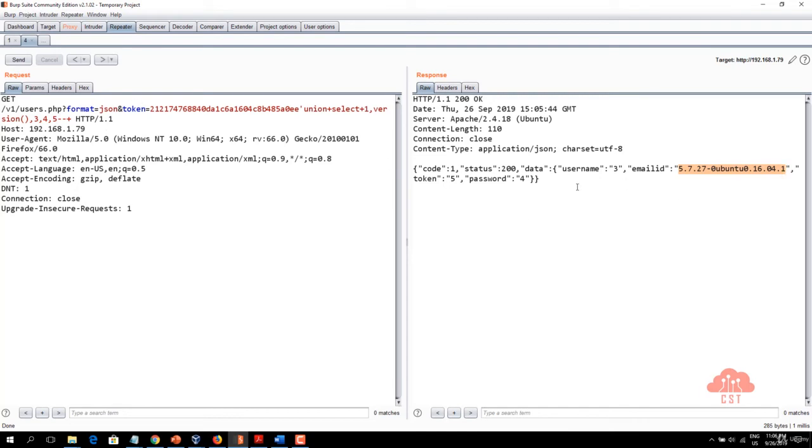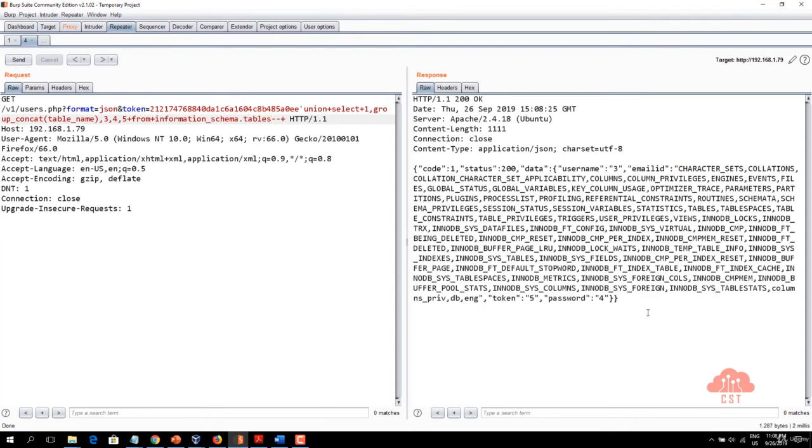Now what we are really interested in is finding out all the table names from the database Secure Store. We can do that by replacing this 2 with group_concat(table_name), and at the end let's add from information_schema.tables. Let's click on send button and there you go. If you notice, there are a bunch of tables that are returned, but there doesn't seem to be any user